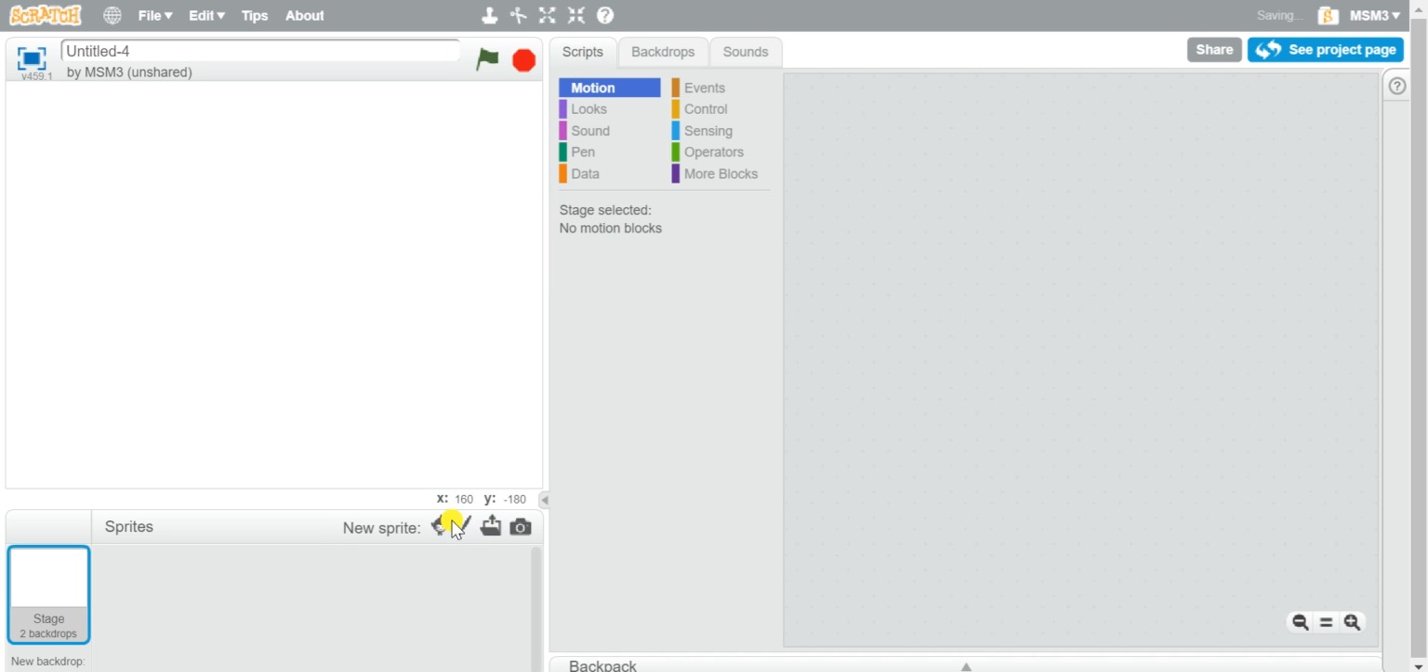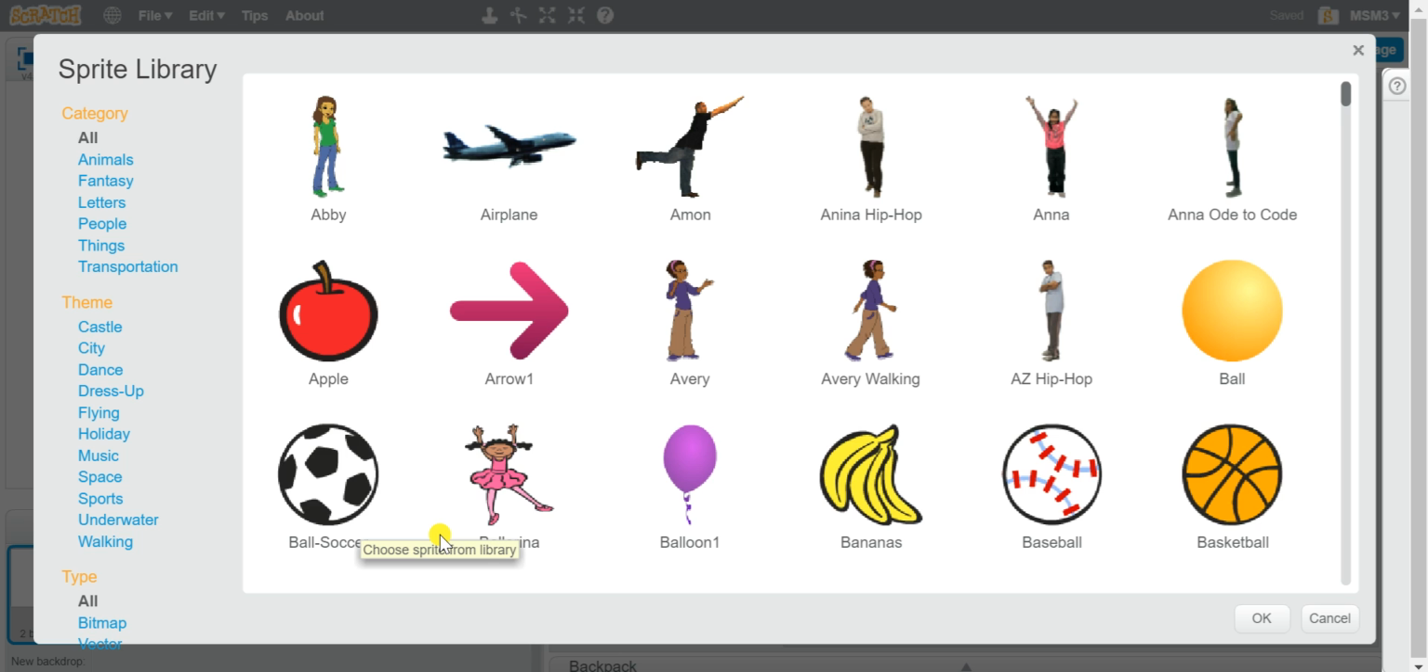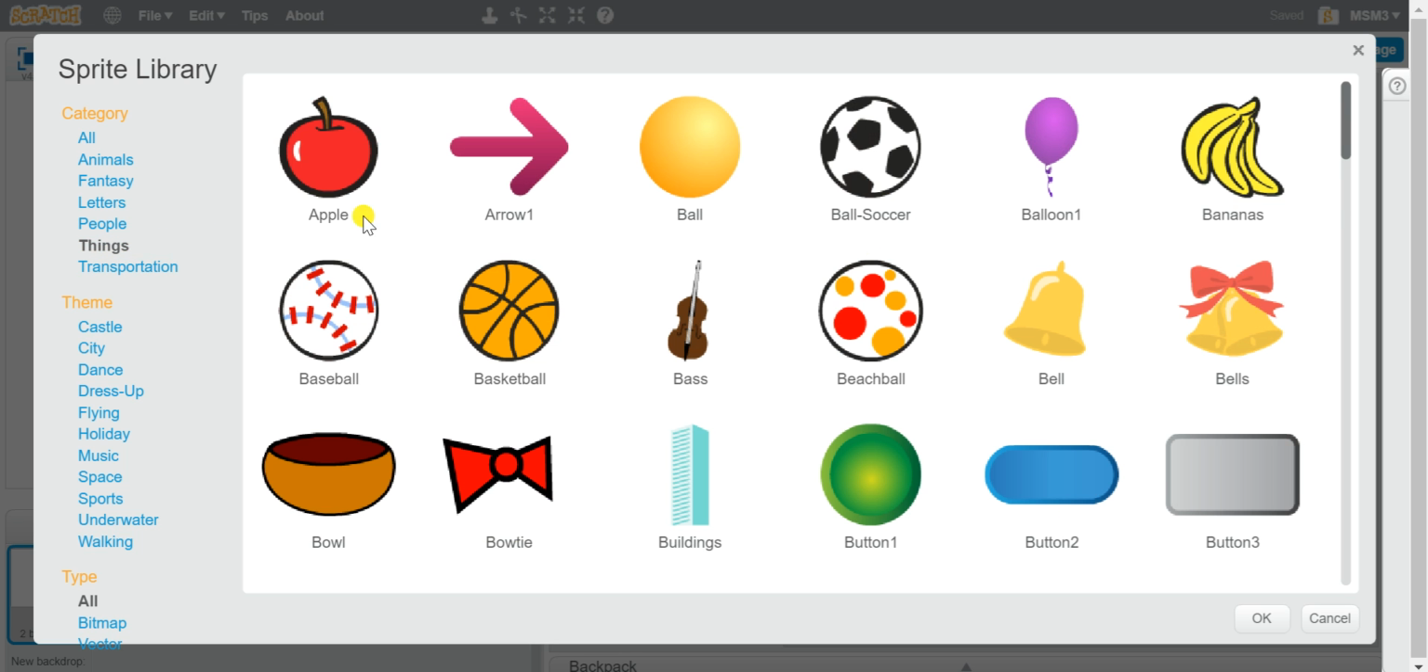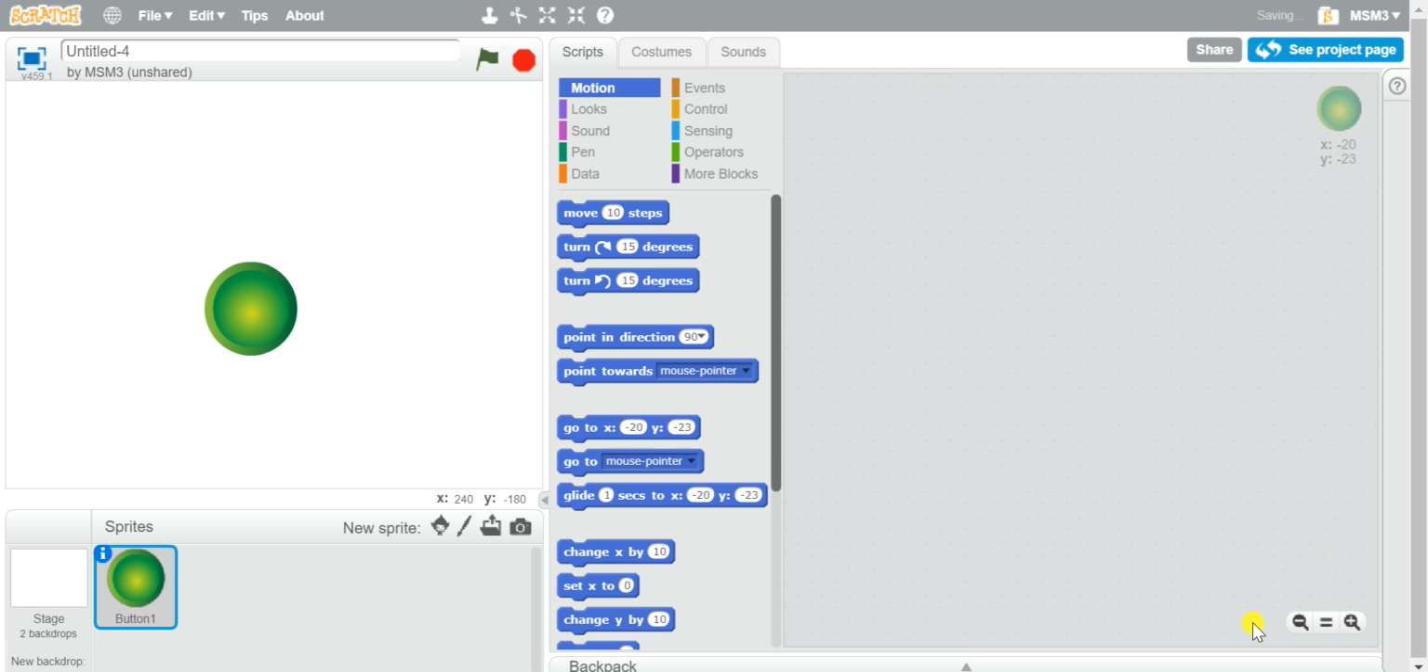Now I am going to get a new sprite. I think I'm going to actually use a button. So this one looks good. Might make it a bit smaller. Okay, let's put them up there. And when we click the green flag to start our script, nothing's going to happen because we haven't done anything